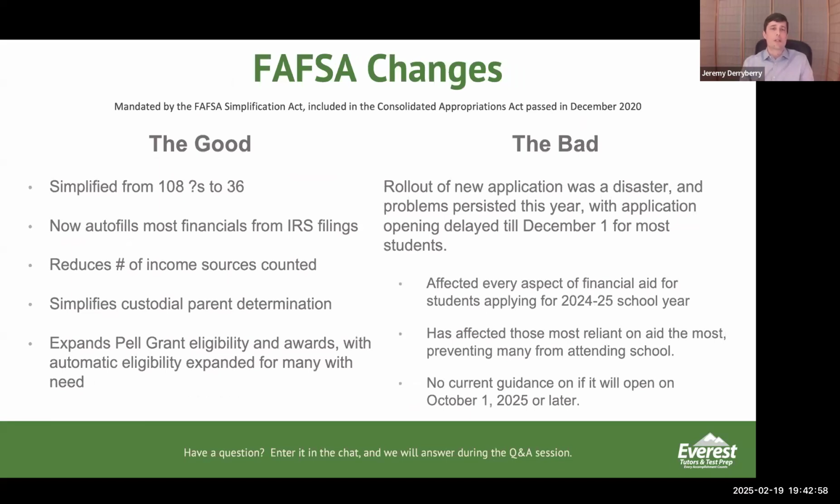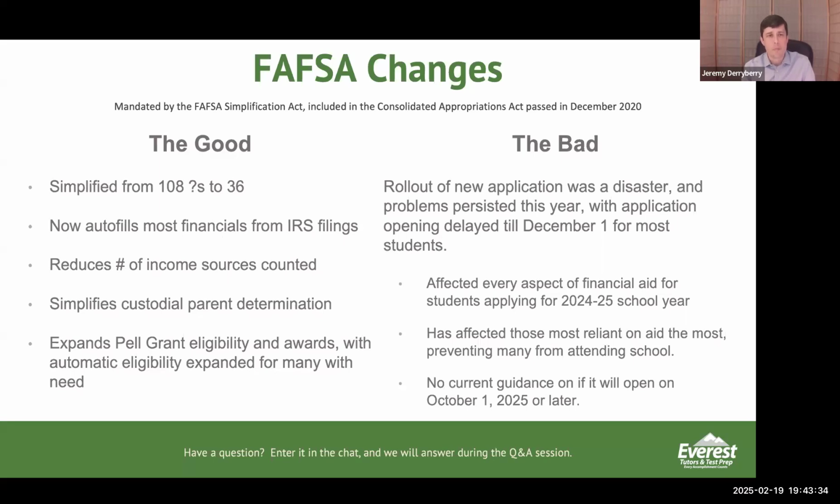So talking about the FAFSA changes, the FAFSA used to be sort of like the CSS in that it was a very onerous process to try to complete. A few years ago, as it went through the reordering, the change, they did a huge simplification of it. A large part of that is now handled directly. Instead of you having to enter your financial information, they will pull that information from your tax return that you filed with the IRS. It's an automated process. You click a box, they tap into the IRS system and pull that over, and then it gets integrated into the FAFSA form for you.